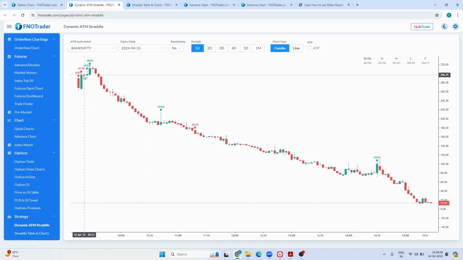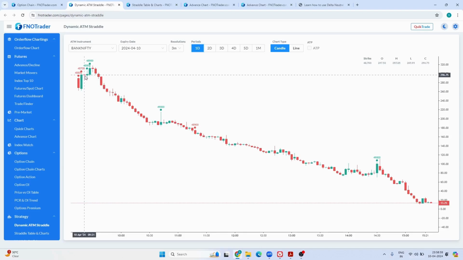Okay, and then you started being on some of the ATM strike. You will see there was a spike, and then the strike change, right? So let's see, using this chart, how you can actually trade straddles. Now you see the straddle, you see that market was going up. Okay, green candles on this